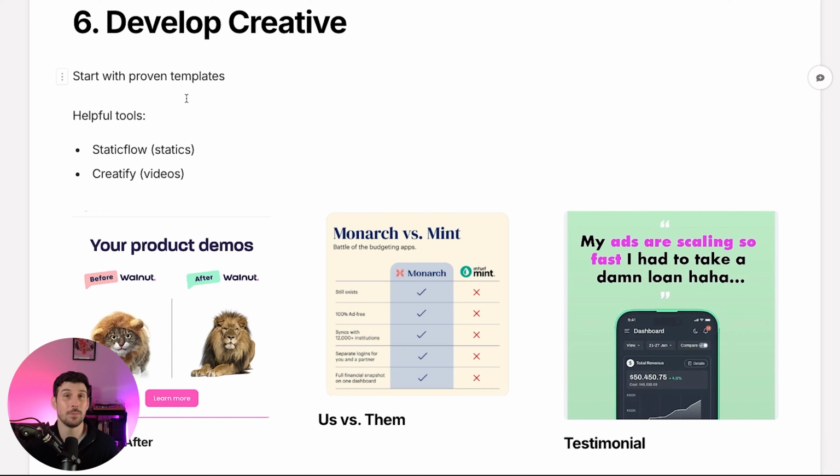So when I say creative, I mean your images, your videos. These are things that you can deploy on multiple different ad channels. Rather than just trying to create something from scratch, I would first start with proven templates. And by that, I mean ads that other companies have already spent a lot of money testing and ads that